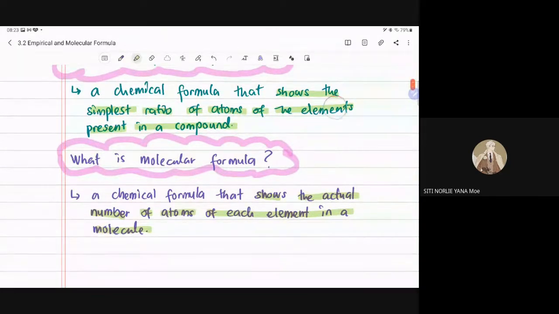So beza dia, yang ini nisbah, yang ini nombor sebenar. In terms of mathematical form, contoh kalau saya ada nisbah 1 kepada 2, nombor sebenar dia mungkin 2 kepada 4, sebab kalau 2 kepada 4 kita boleh